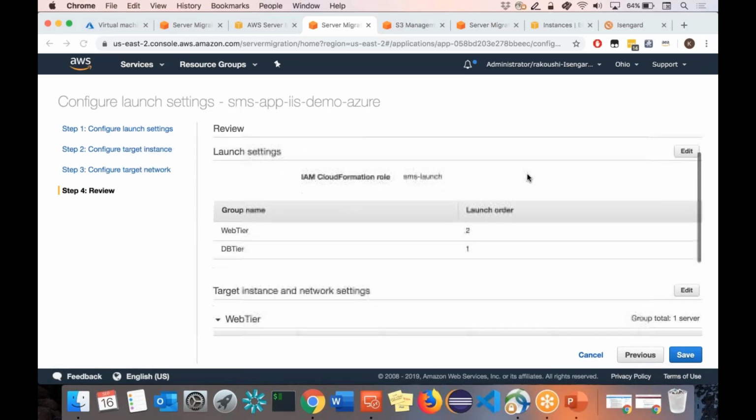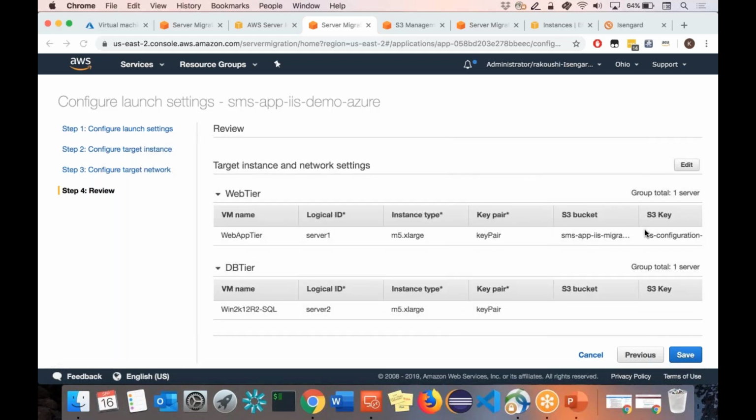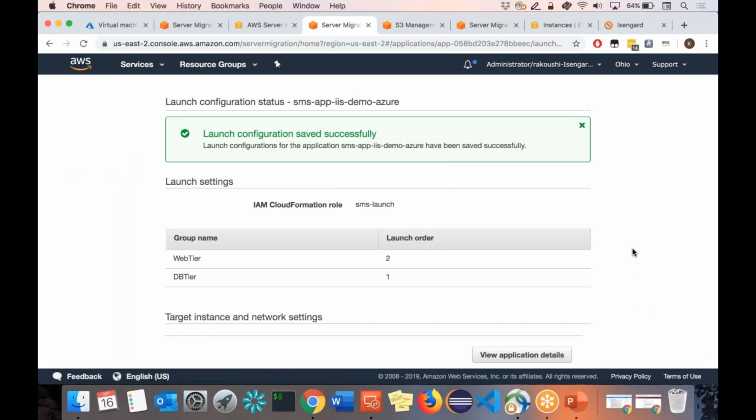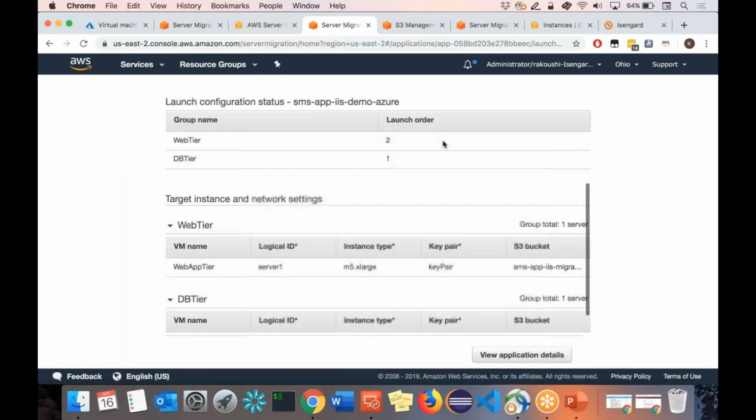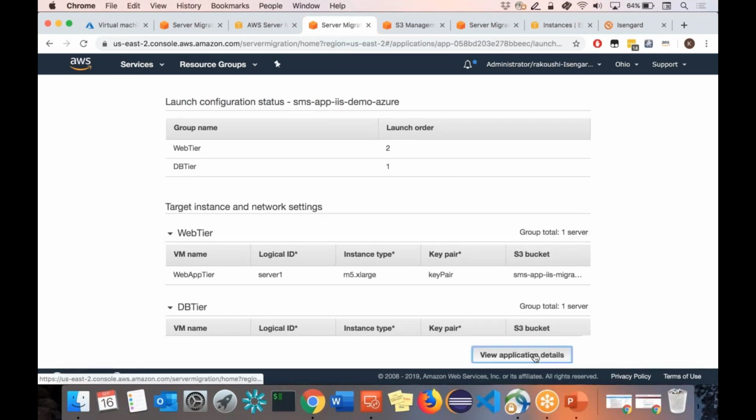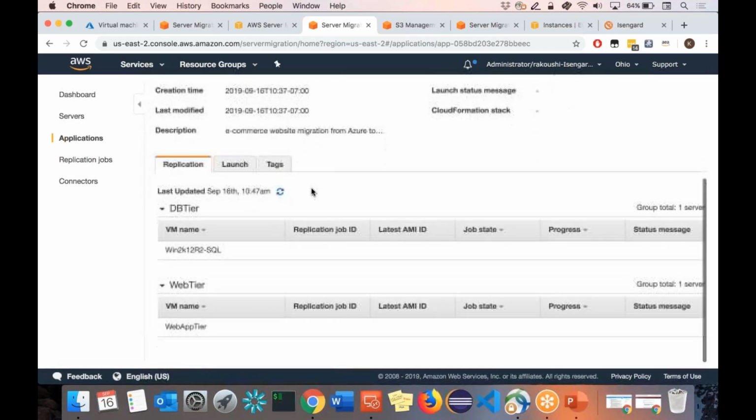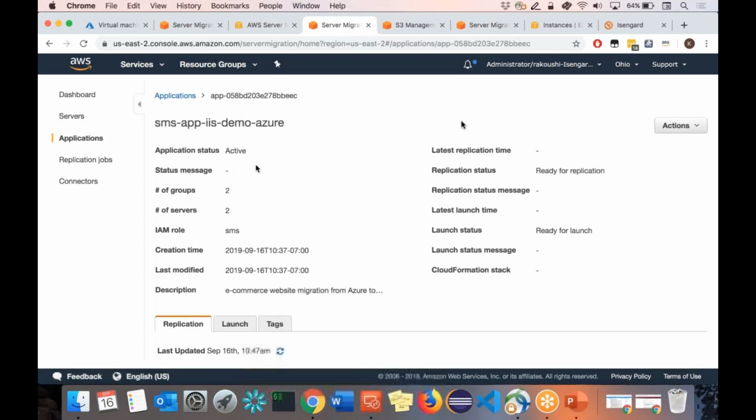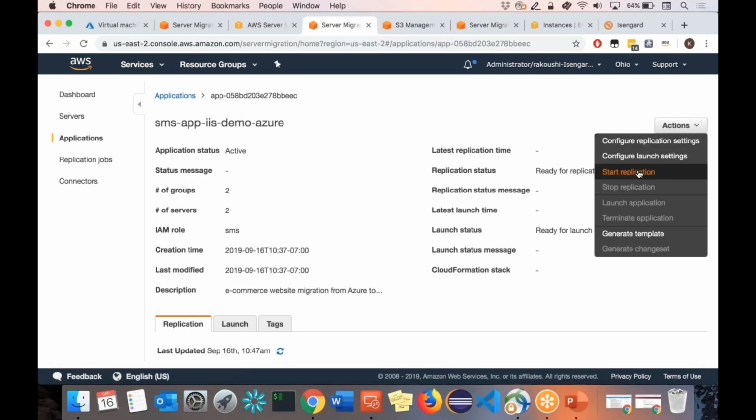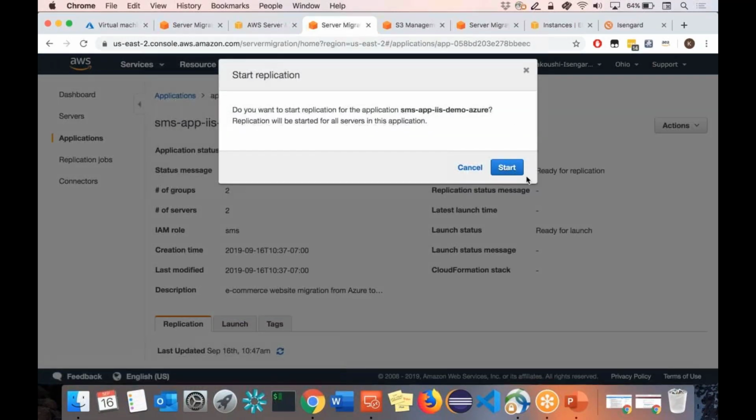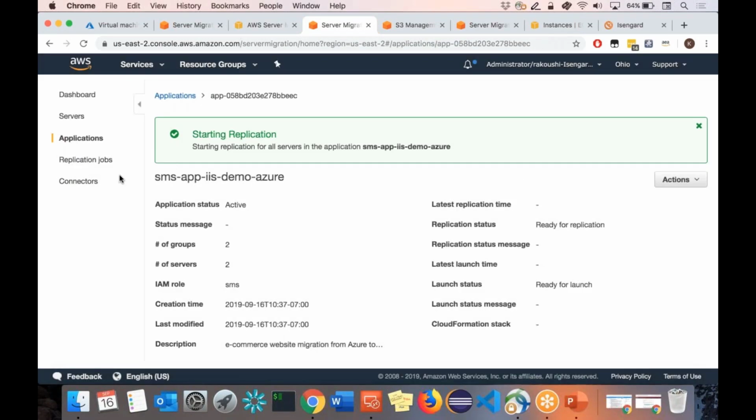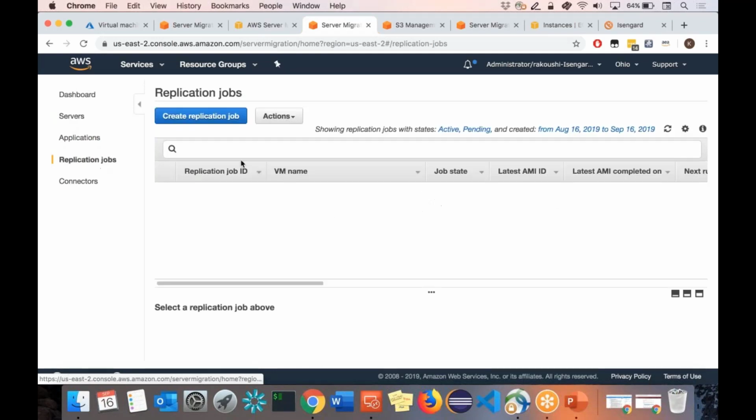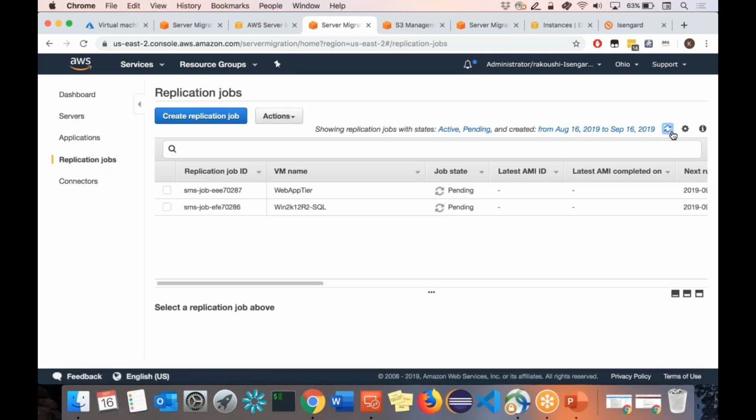Okay, so now we have all the settings here. Let's save this. Looks good. Okay, so my launch configuration has been saved successfully. The next step for me is to go to the Applications tab and start replicating this application for the first time. So I'll go to Actions and start replication. This will kick off the base replication of all the servers, and while this replication continues,